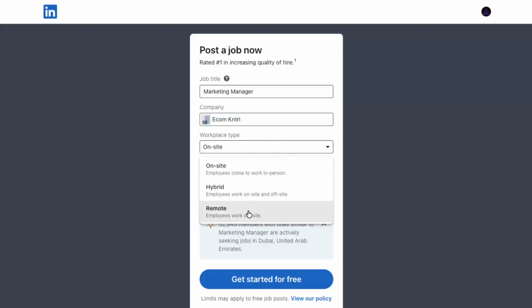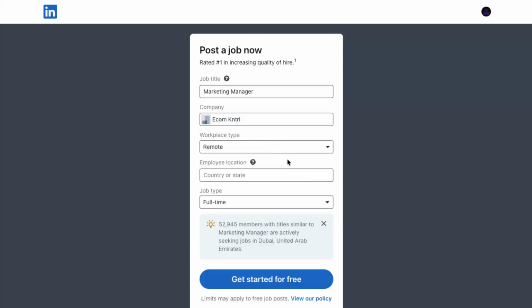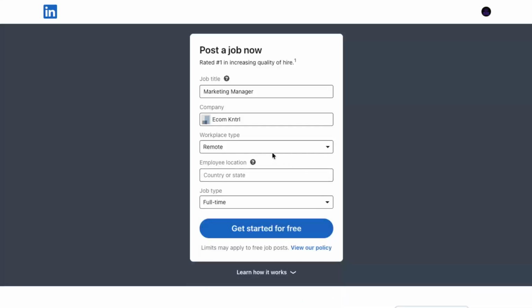Now, choose the workplace type. Click on the drop-down and select whether this role is on-site, hybrid, or remote. This is important because many candidates filter jobs based on how and where the work is done. Then click into the job location field and add the primary location for the role. Even for remote roles, you may want to add a country or city for legal or time zone reasons, depending